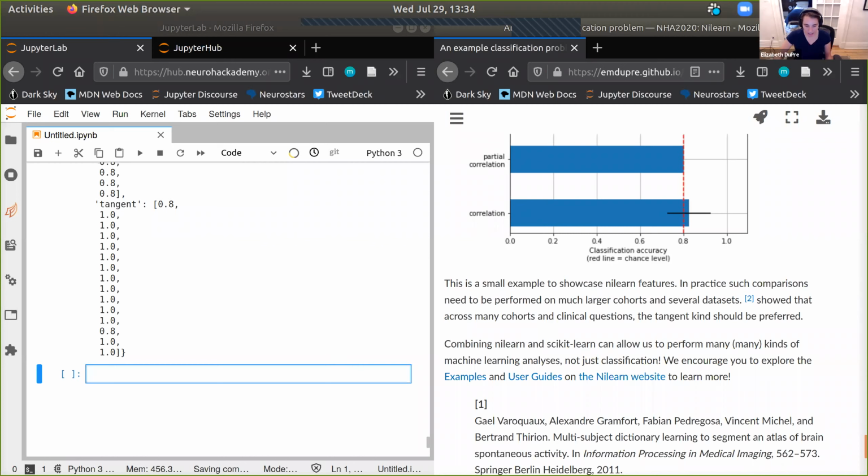All right, so one question is, how different would it be to predict continuous variables? This is a great question, right? This has more to do with the different kinds of machine learning analyses. If we wanted to predict a continuous variable, we wouldn't be doing classification, we would be doing a regression. With a regression, there are lots of ways you can do that in scikit-learn, like ridge regression, for instance, in which case you would just make sure that the kind of data you're passing is relevant to that.